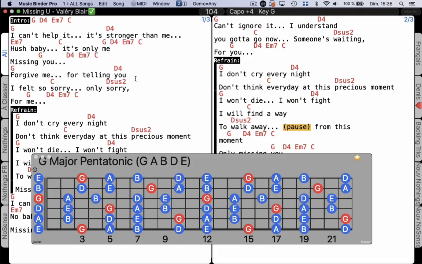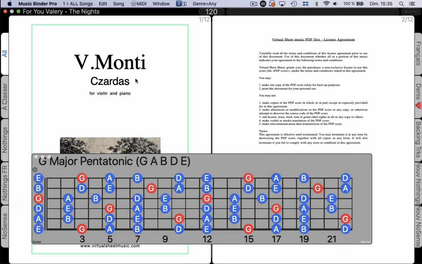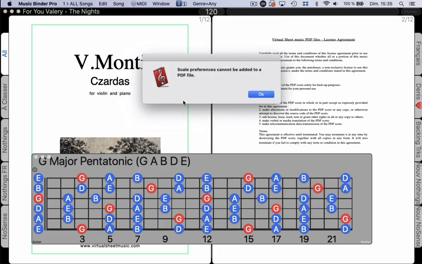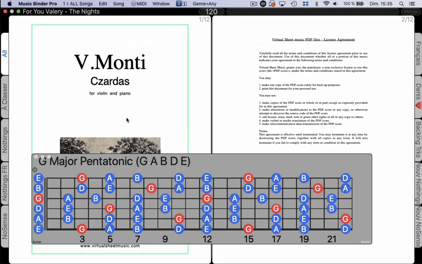So if I go on a PDF like this, if I try to save a scale, I hit Shift and S. Scale preferences cannot be added to a PDF file. So I cannot save scale preferences for a PDF, but what I can do is